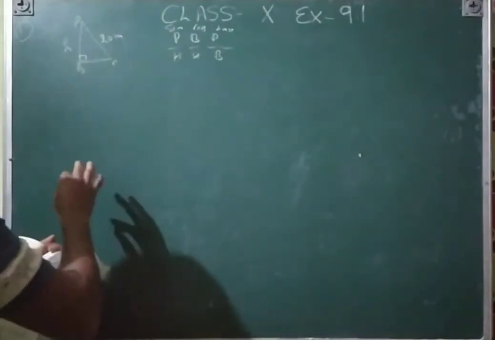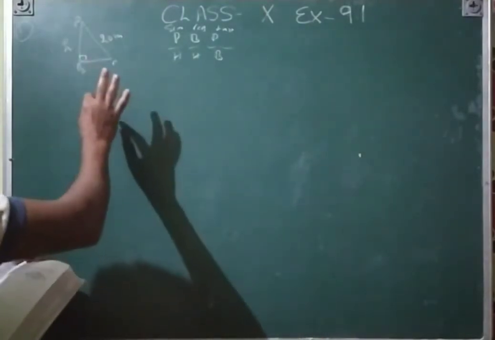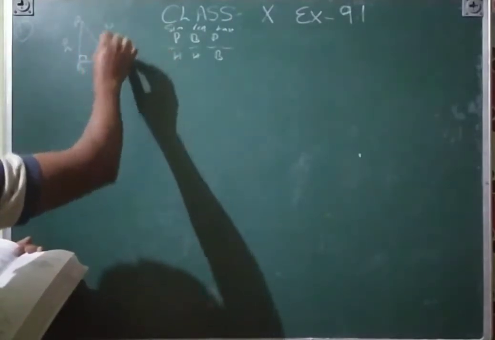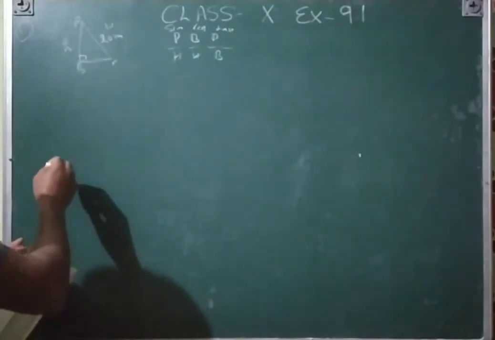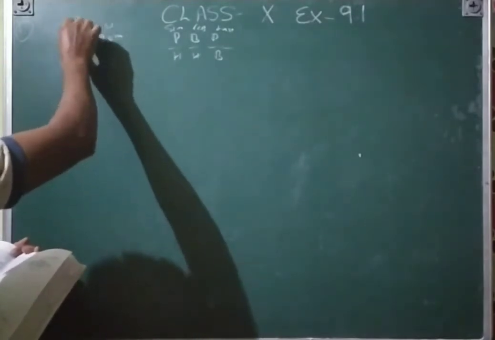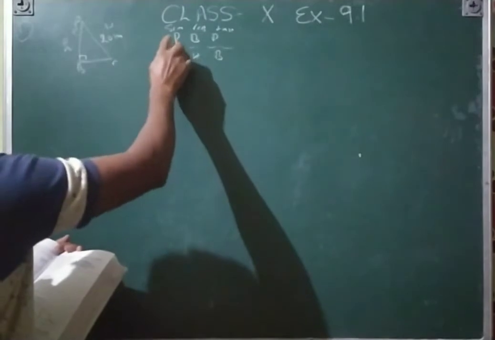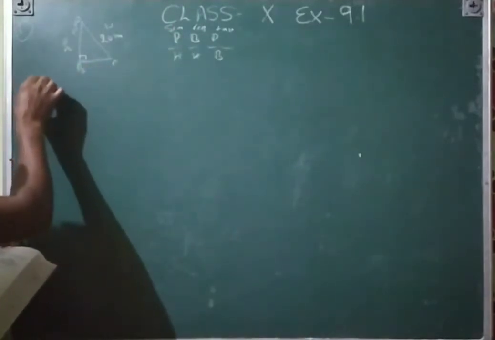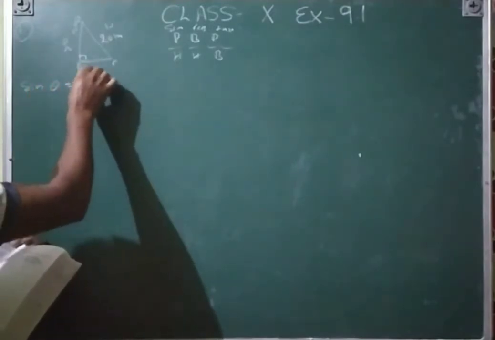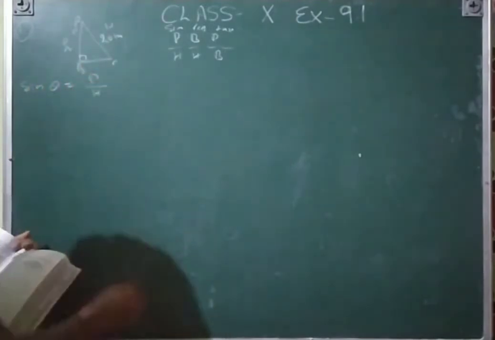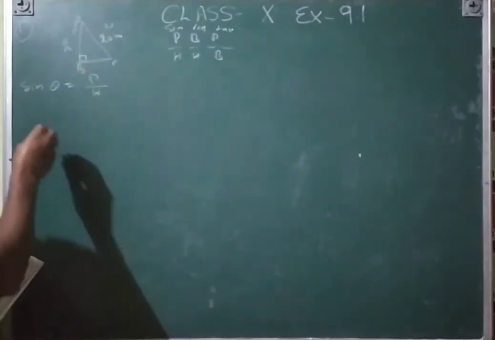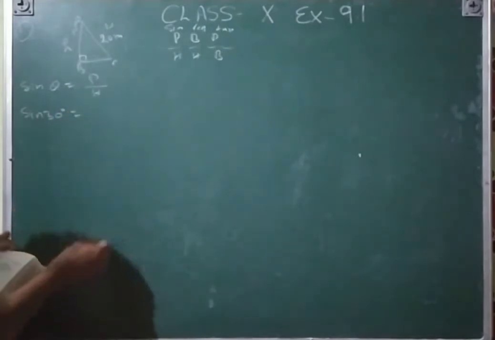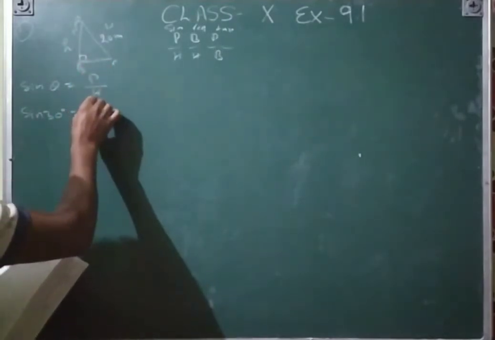So first of all we will see the question. What is the given thing and what are we finding? The given thing is the hypotenuse, and we are finding the height, which is the perpendicular. So height is given in sine, so we will apply sin theta. Sin theta is equal to perpendicular upon hypotenuse. Theta angle is given there, 30 degrees.